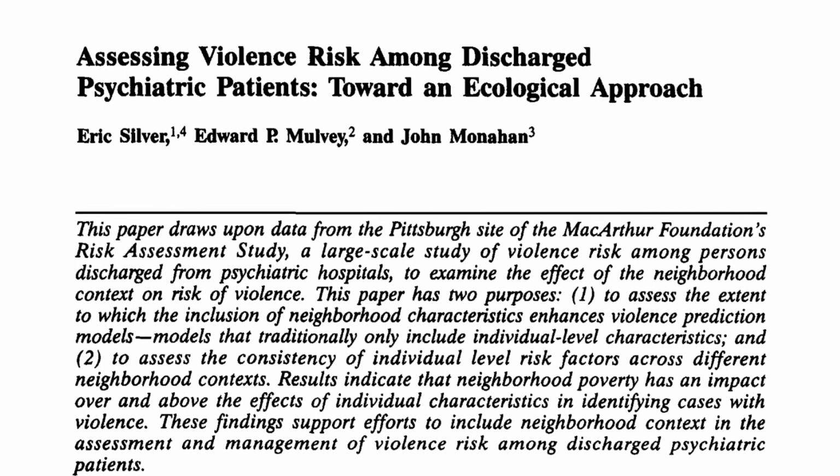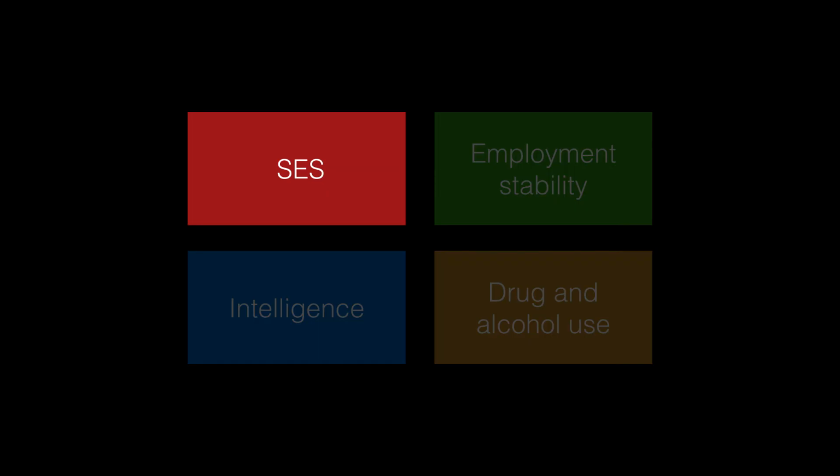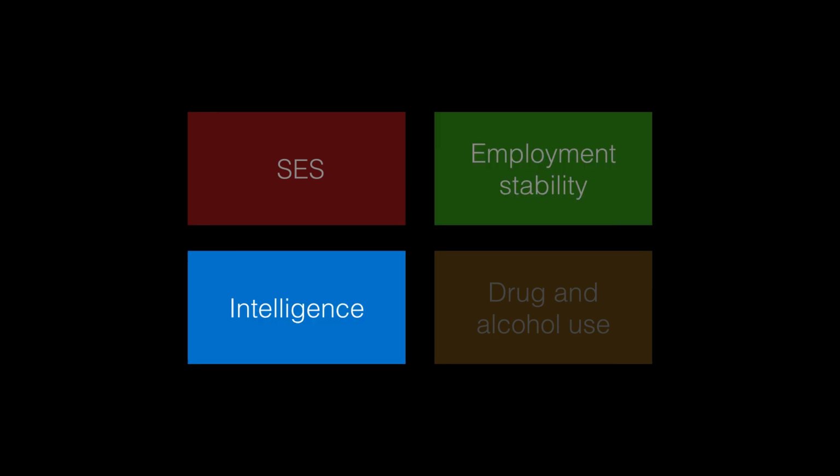Study of risk assessments have also tended to focus on a limited number of potential predictors, such as age, gender, race and ethnicity. Silver and colleagues have suggested that it would be worthwhile to take into account socioeconomic status, employment stability, intelligence and drug and alcohol use. This is because all of these factors are related to arrests for violent crime. You might also be able to improve accuracy by including dynamic factors such as current employment status or current degree of anger. Considering the influence of the situation and how it might trigger violence in different individuals may also improve predictions.